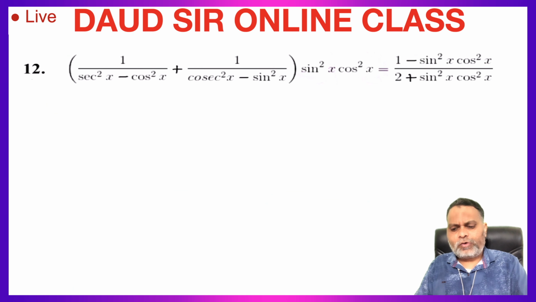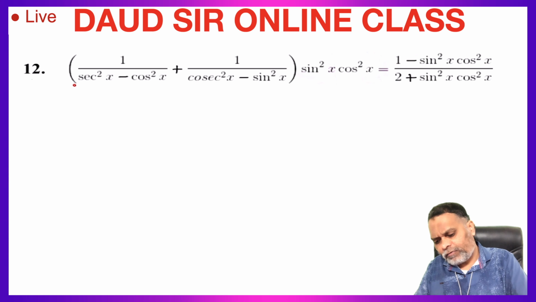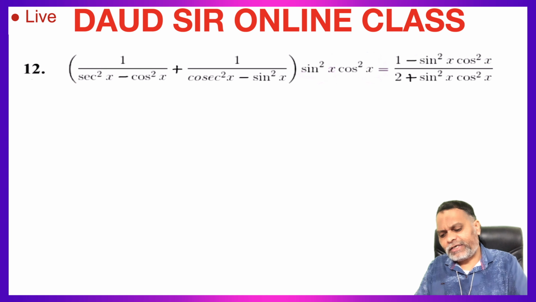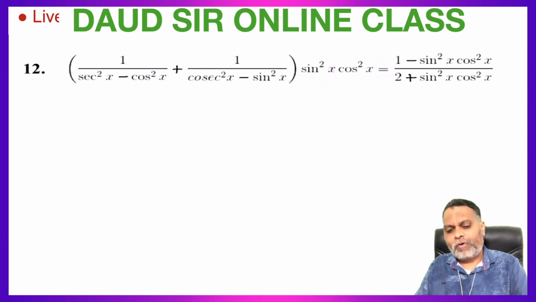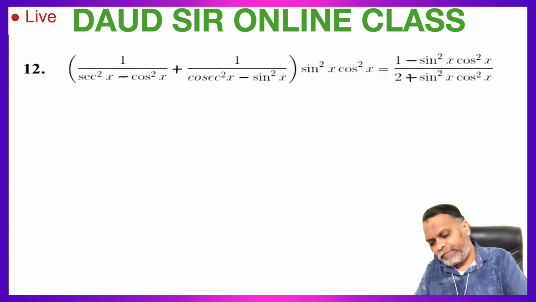Question number 12. Prove that 1 upon (sec square x minus cos square x) plus 1 upon (cosec square x minus sin square x) into sin square x cos square x is equal to (1 minus sin square x cos square x) upon (2 plus sin square x cos square x). So taking the left hand side,